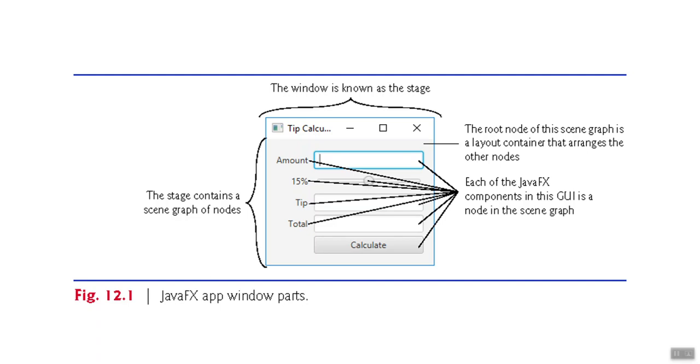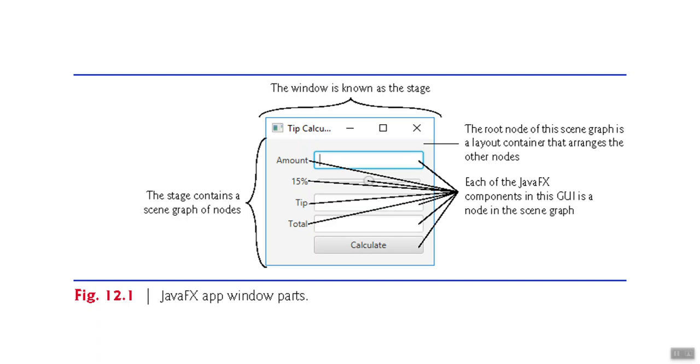A stage basically contains one active scene, and a scene defines what's called a scene graph, which is a tree data structure of visual elements. That's a fancy way of saying we have lots of what are called nodes on our screen, and nodes are really just visual pieces of interest that we can look at and interact with. So our calculate button is a node, for example. But you're also going to hear the term